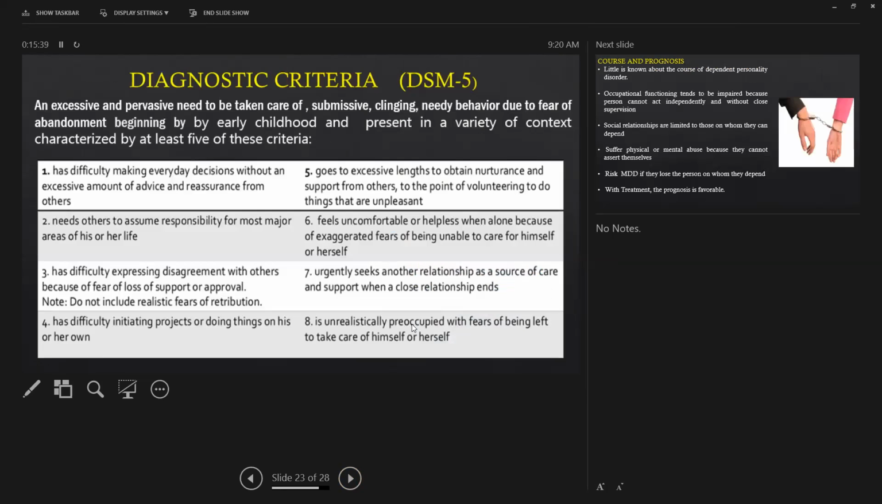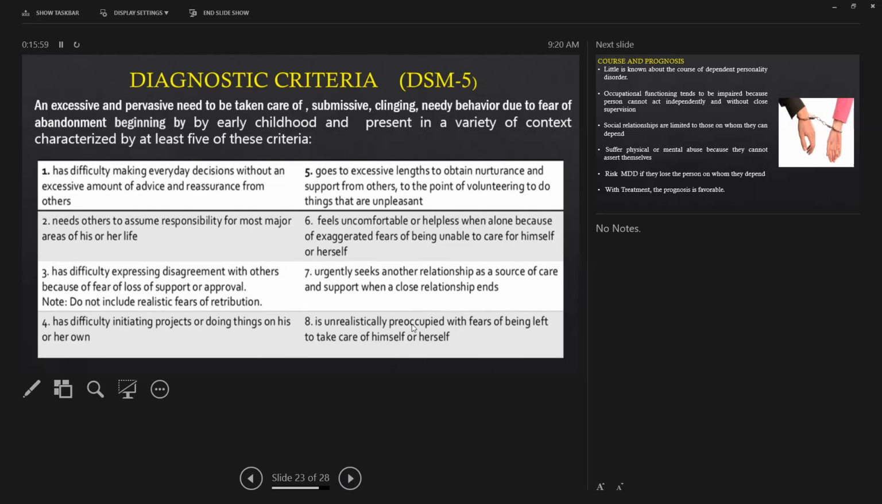Coming towards the diagnostic criteria, according to DSM-5, an excessive, pervasive need to be taken care of, with submissive, clinging, needy behavior due to the fear of abandonment, beginning by early childhood and present in a variety of contexts, is characterized by at least 5 of these criteria. That includes